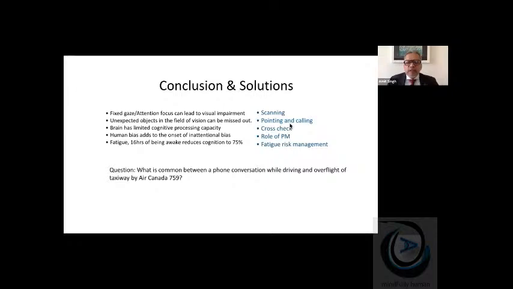Coming back to the question, what is common between a phone conversation while driving and the overflight of a taxiway by Air Canada 759? If somebody has come up with a solution, you can put it on the chat board. Otherwise, during the question and answer session, I'll give you the solution or the answer to it, which is very interesting and which you will find